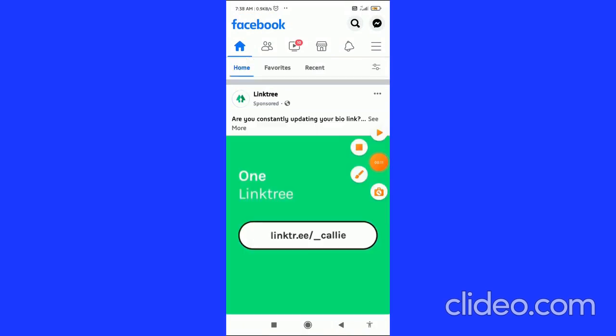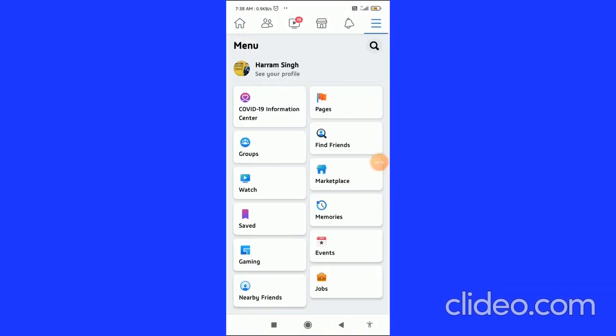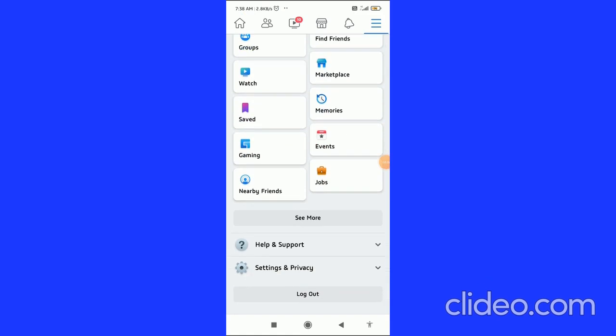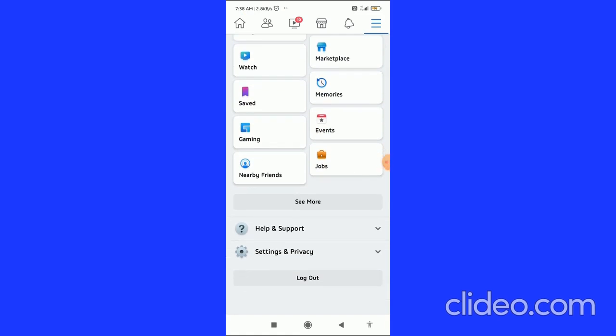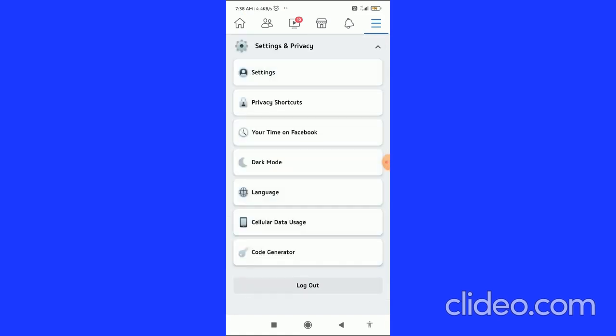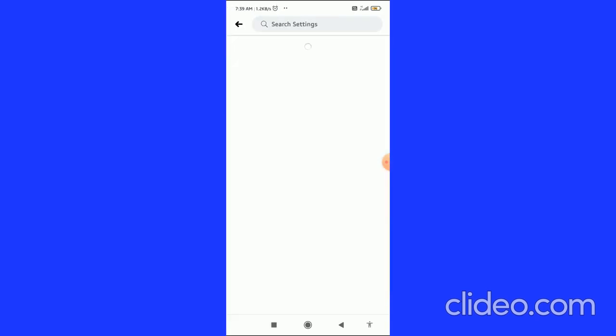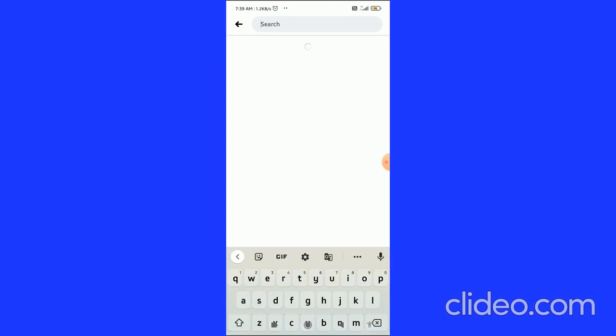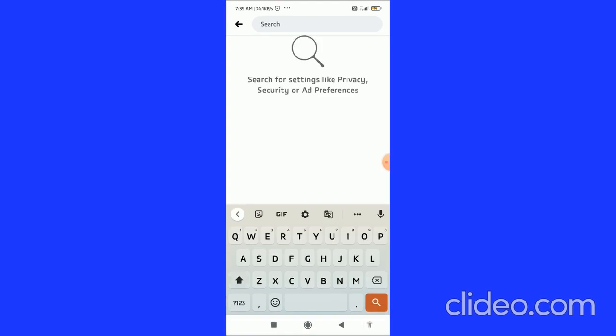After that, you have to click on the three horizontal lines in the top right corner, and then scroll down, and you can see Settings and Privacy. Click on Settings and Privacy, and after that click on Settings. You come to the settings. In the search bar of the settings, you have to search for "block",